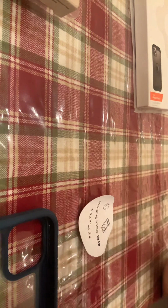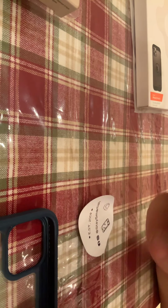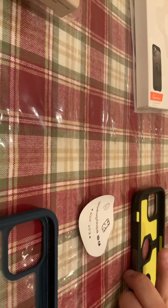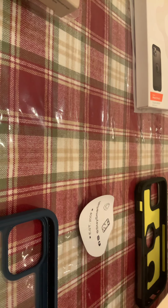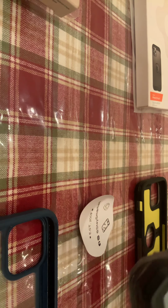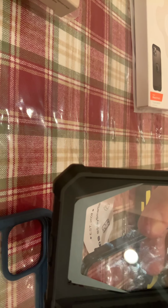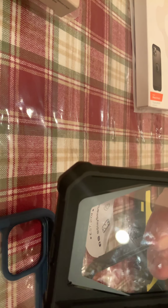Although I had this, not a bad case. Really impressed with my XR, but there's two others that maybe outperform it a little more. It was a tough one. Next, I gave it to the Poetic, mostly because I felt the full protection was great. The fact that they give you a full cover is awesome, and that you didn't need to buy one of those